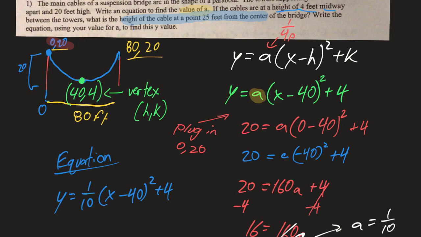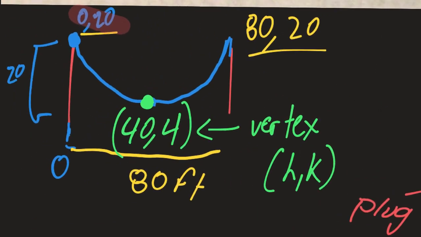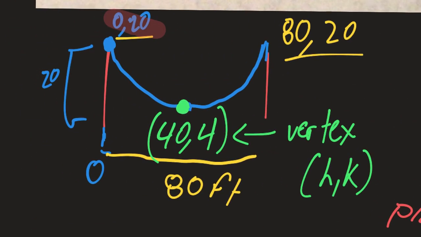First, we just need to pick a point that is 25 feet from the center. I think the easiest point is if we look at this picture that we had, and we just start from the center and go 25 units in either direction. So for me, I start at 40, and I'm going to go 25 over here, and say 40 plus 25 is